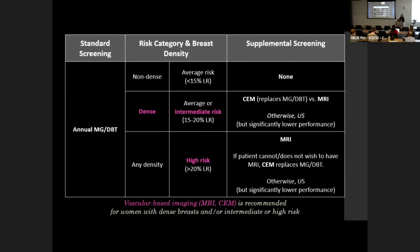We don't have an abbreviated MRI option right now. The other option is obviously an MRI, but that's extremely costly. So we are offering ABIS as well, and what we find is that our ABIS is more expensive than the CEM exam, since we're billing it as a diagnostic exam. Then for patients with any density that are high risk, we recommend they get an MRI,